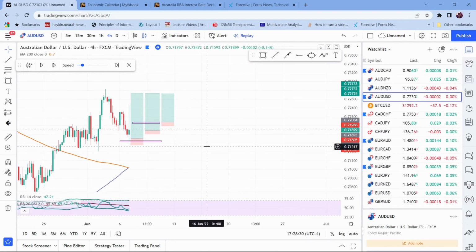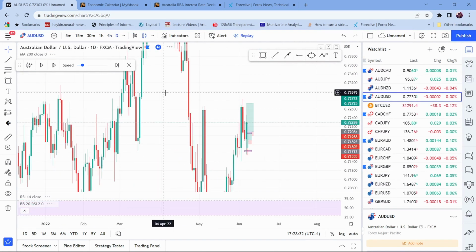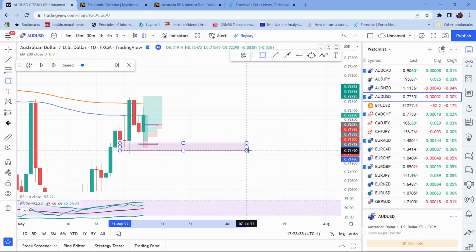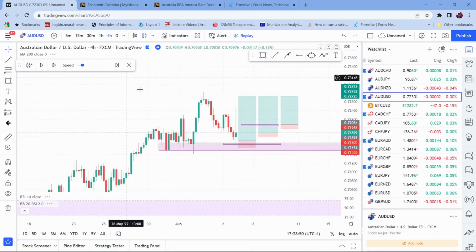So we go on the daily, we go on the 4 hour and we go on the daily. What we could see on the daily is that price had some sort of rejection forming right here, a sort of support zone on the daily, right? So this was a possible area where we could get in on that action for the best possible entry to get that momentum to the upside.